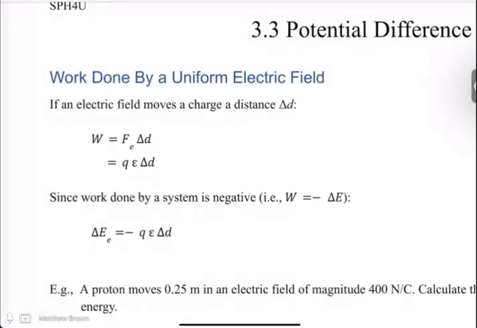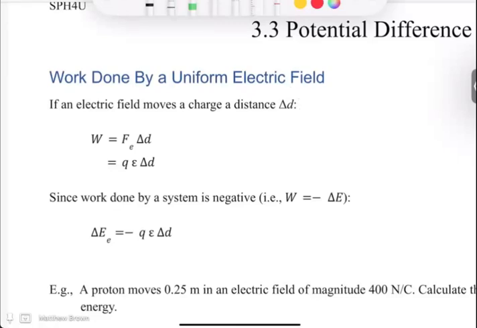So recall work done by a uniform electric field. Imagine we've got an electric field that's somewhat constant, which can happen perhaps between parallel plates or something like that, where we look at it as if it's constant. If an electric field moves a charge a distance delta d, or you could go by delta r, whatever, then the work is just whatever the force is times delta d,